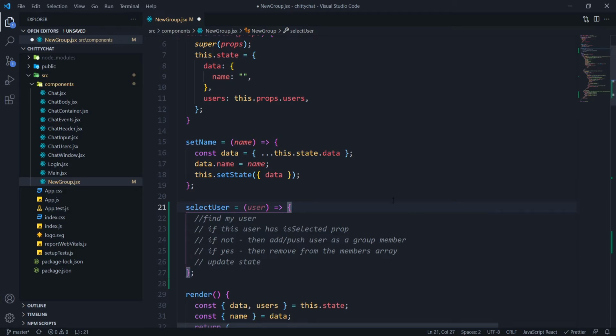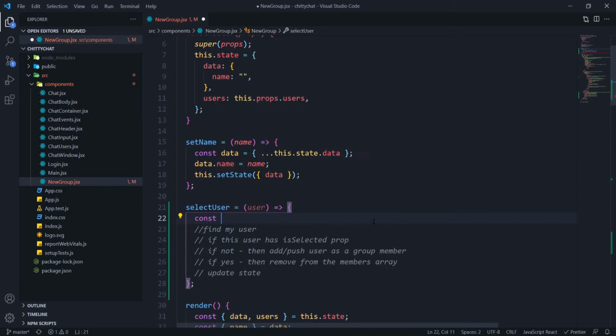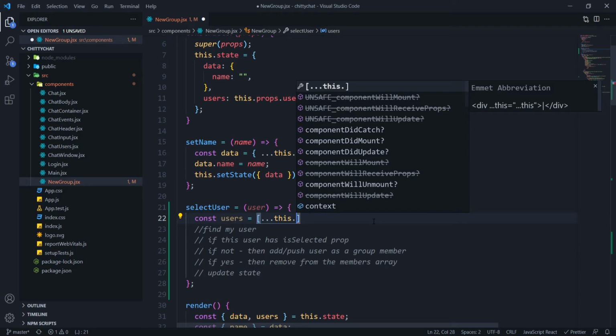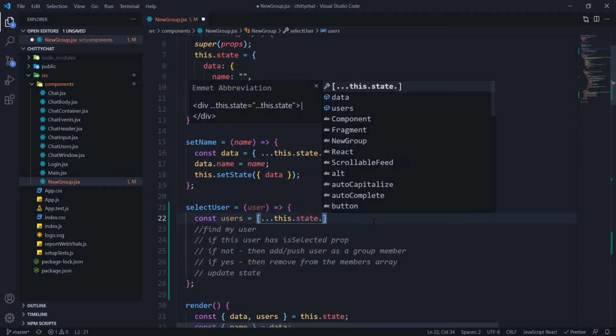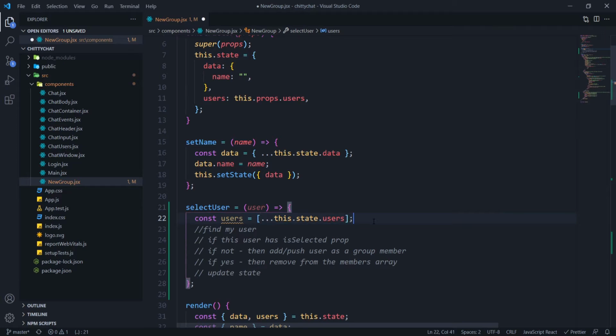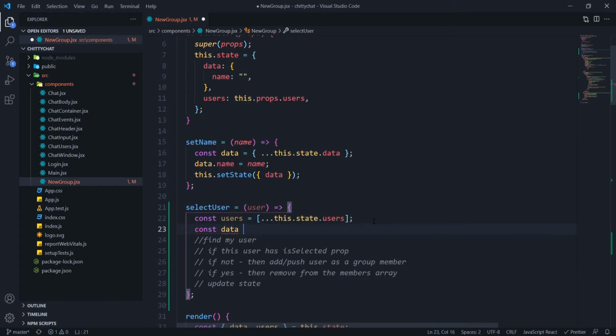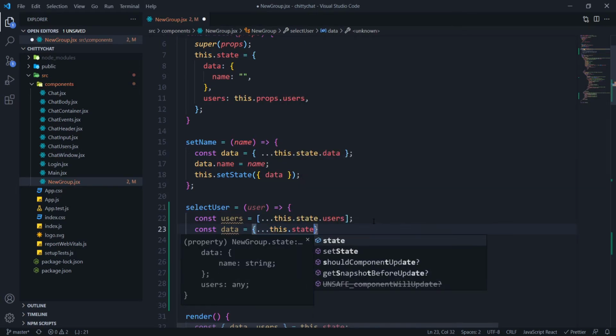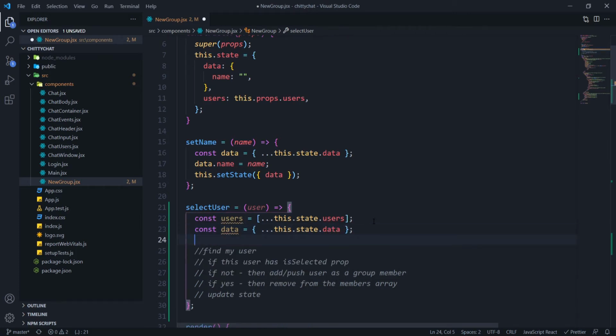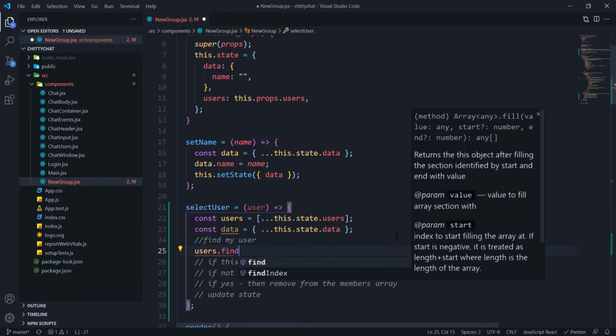So let's start doing that. First I want to import our users. So I'm going to make a clone. I'm going to say this dot state dot users. There we go. So we now have a clone, and I'm going to say data equals, this is going to be an object, right? So this dot state dot data. There we go. So first I need to find the user, right? So how do we do this? We already have the users object, so I'm just going to say users dot find index,